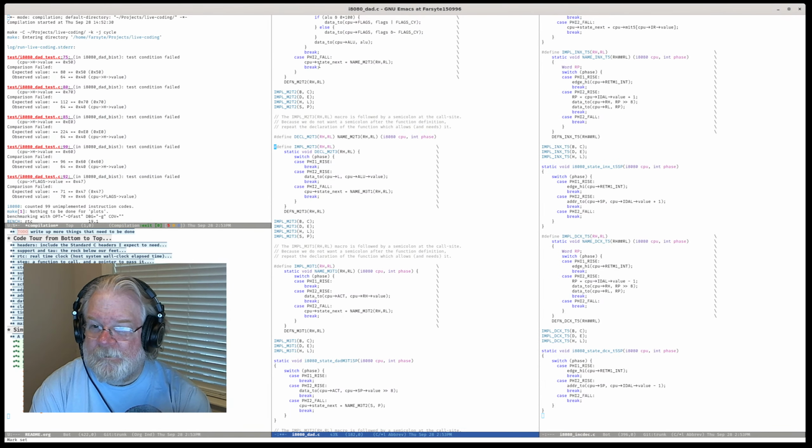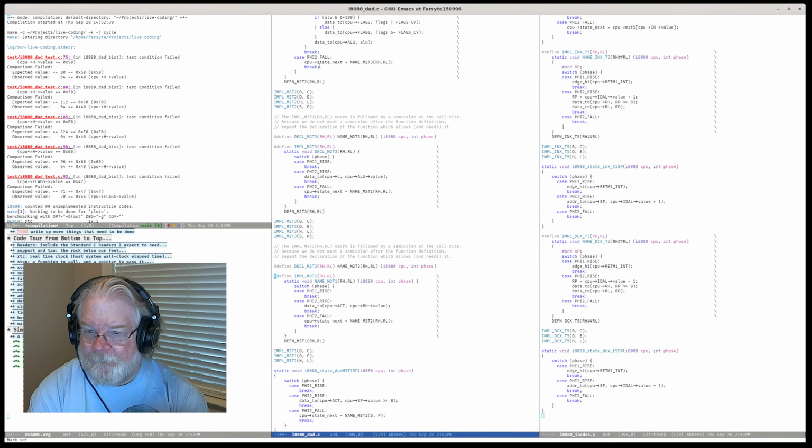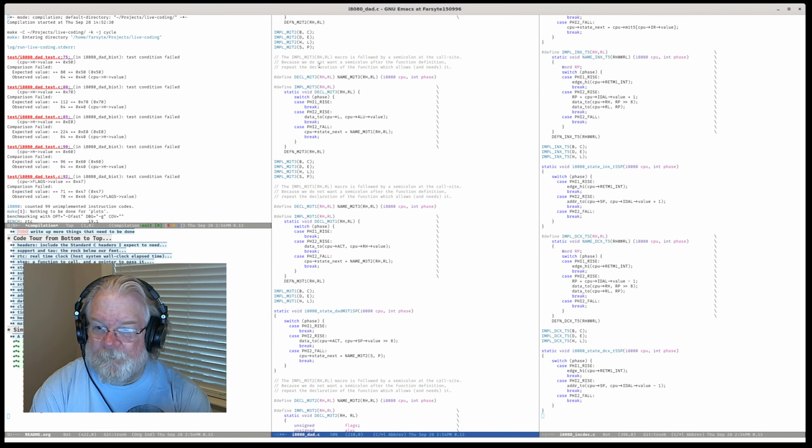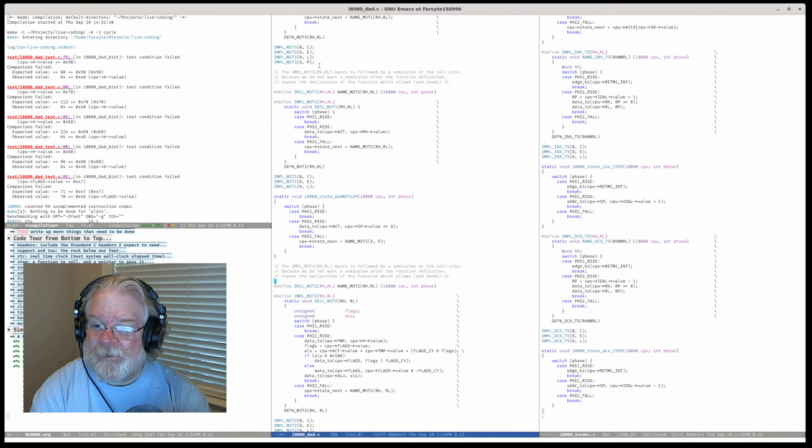Okay. Now M3T1. M3T1 grabs RH into the accumulator temp and the high byte of SP, so we got up to there.